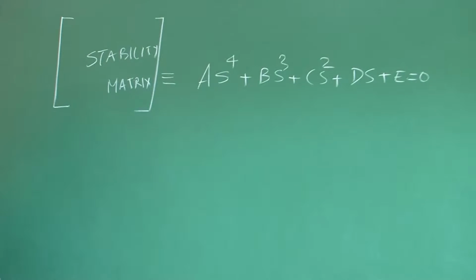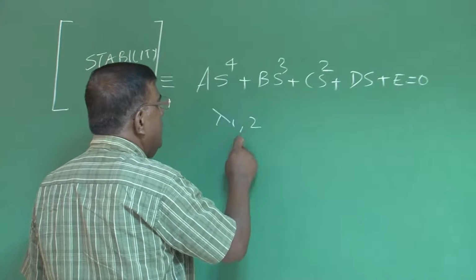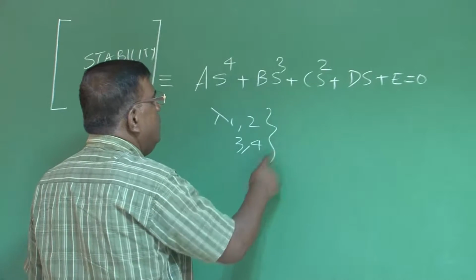And also we realize the roots lambda 1, lambda 2, lambda 3, lambda 4 for the longitudinal